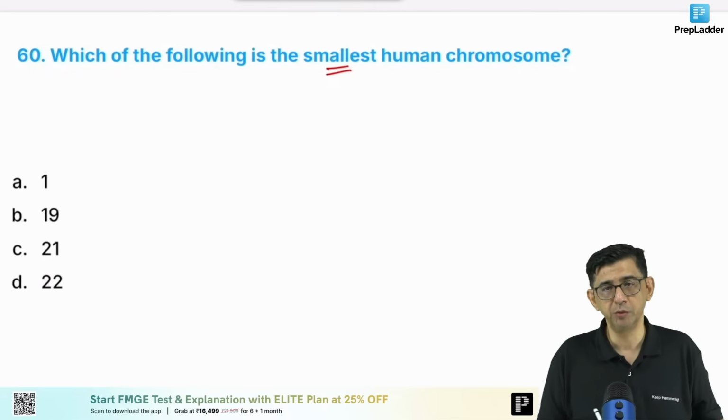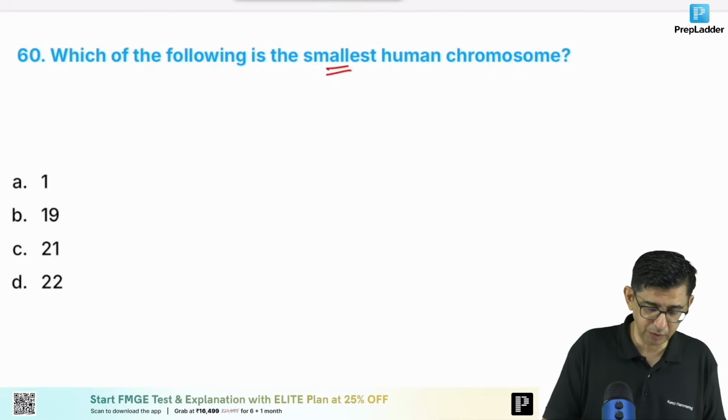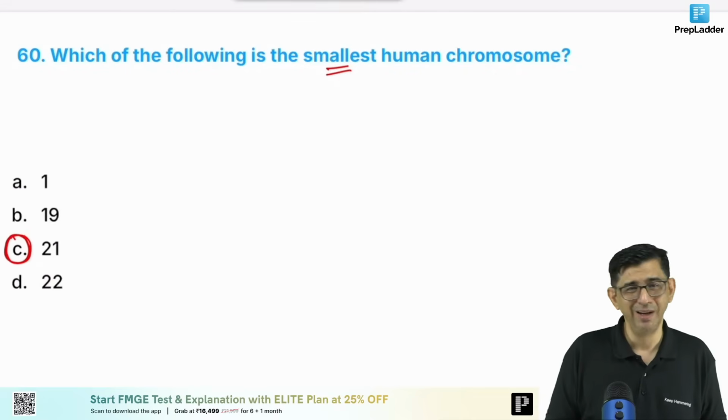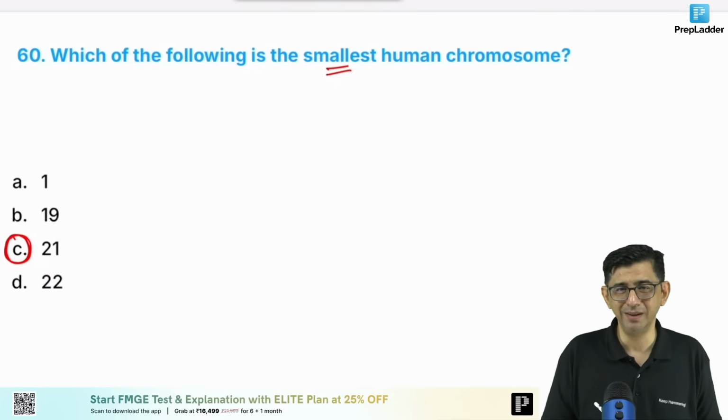Fine. So we spoke about fragile X in the previous question, and now we are on the question that talks about the smallest chromosome, that is 21. In some books earlier, like when I was a student, they used to mention 22, but currently they say that the shortest chromosome is chromosome number 21. The correct answer in this case should be